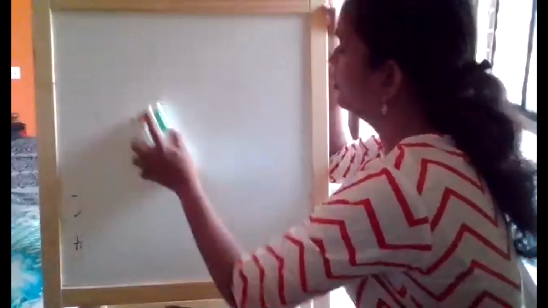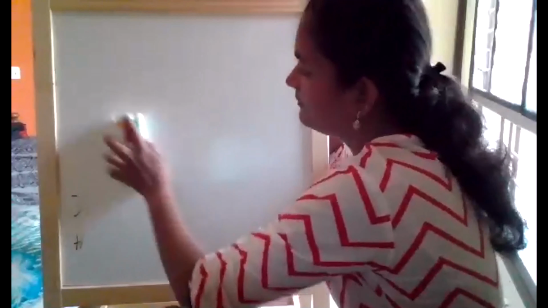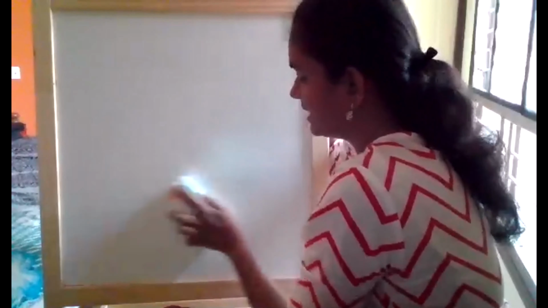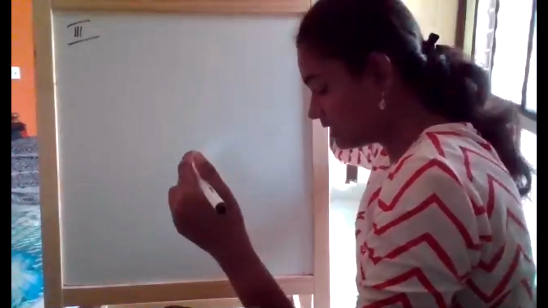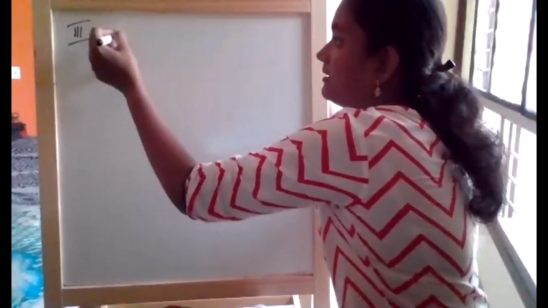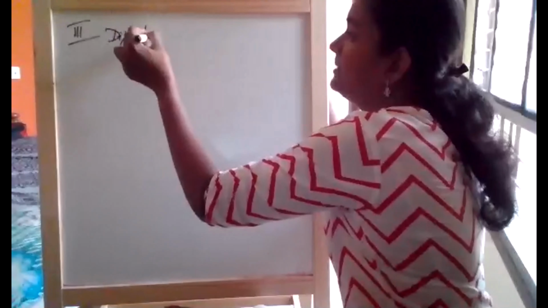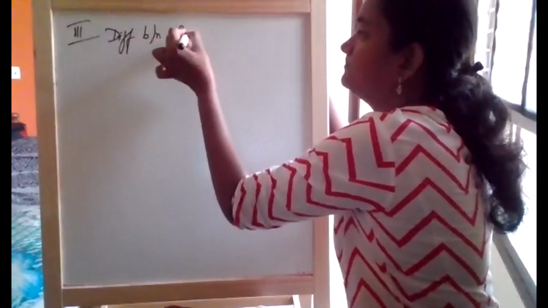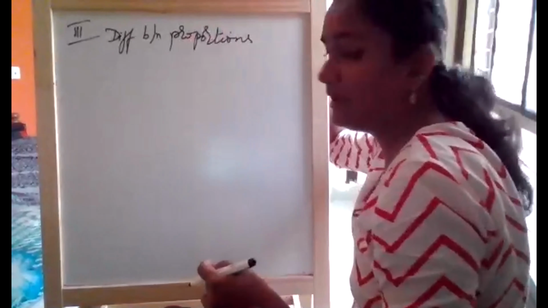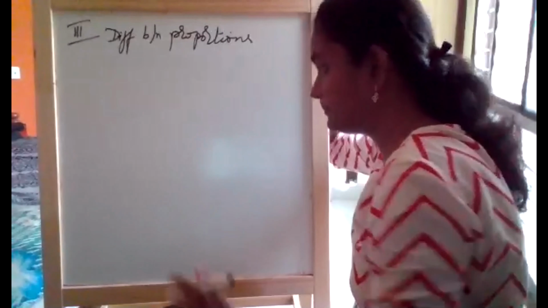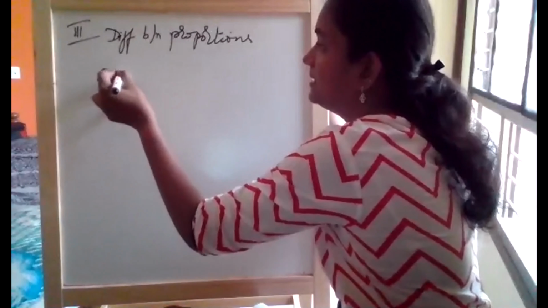Whatever type of standard error I'm going to tell now, you can expect this one in exam. So just make a note for the third type. We completed 2 different types. Now we are seeing difference between proportions. When it is difference between proportions, the formula for standard error is as follows.